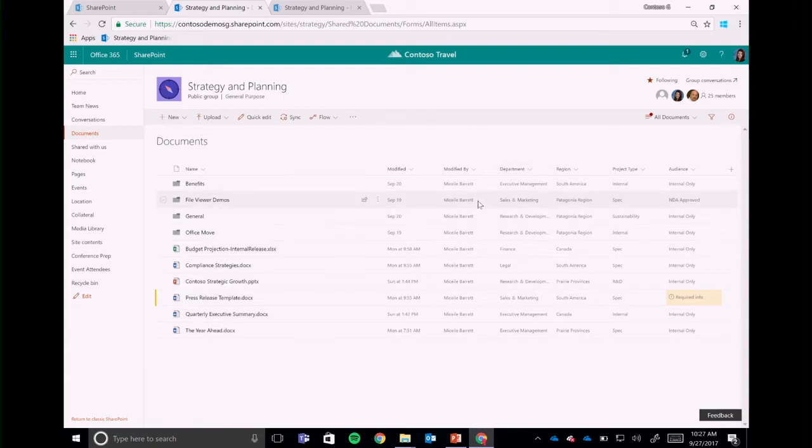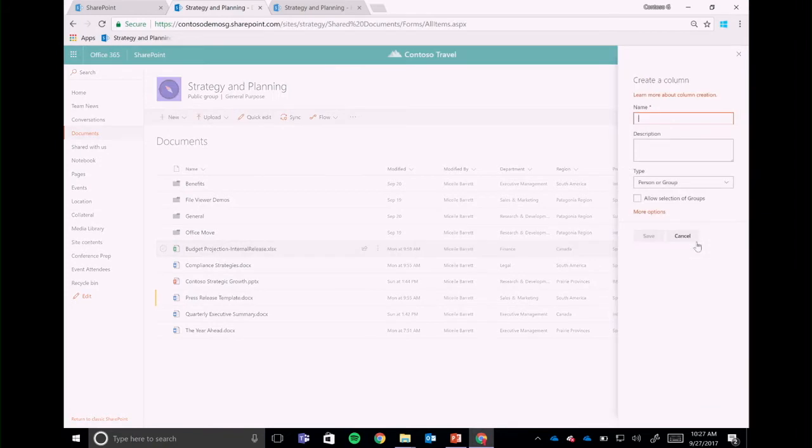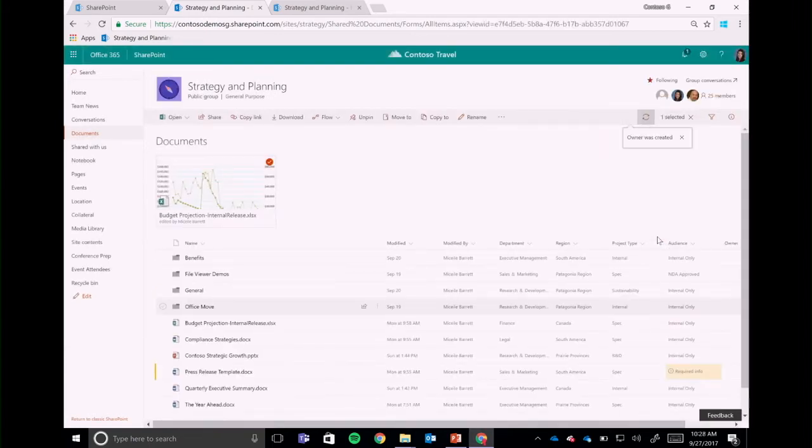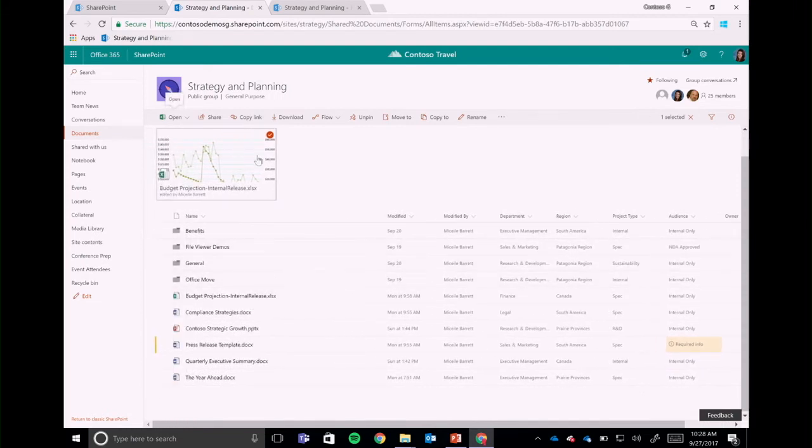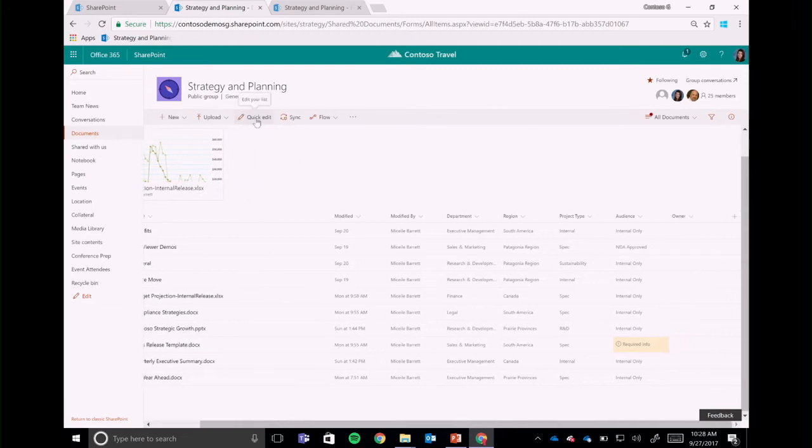You see in this document library, I have some metadata already configured, such as the department, the region, project type, and the audience that these documents are meant for. You can add new metadata by creating a column. For example, I'm going to create a person column, and this will be the owner of the document. So you see I have that column, and I want to be able to fill out as much information as I can. So I can go into this quick edit mode,